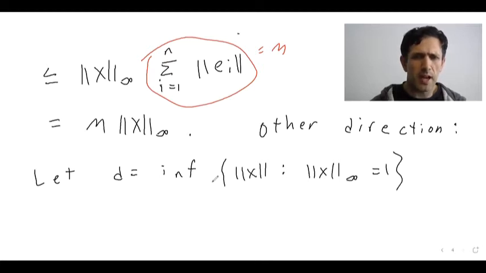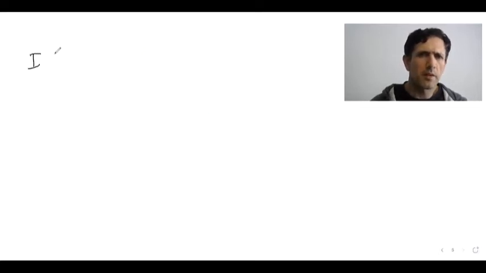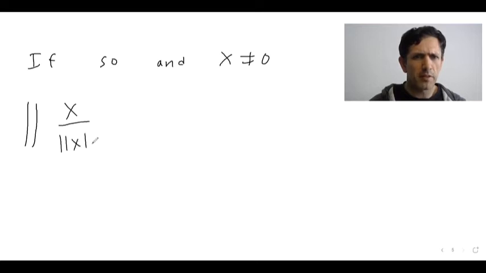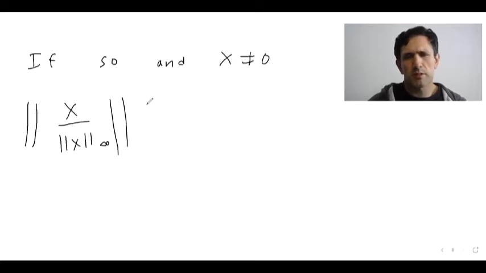We want to prove that it's not 0. So it's enough to show that D is positive. Why is that? Well, if x is not equal to 0, pick any x whatsoever and divide by the infinity norm. So certainly this here has infinity norm 1. What I'm circling here has infinity norm 1. So this is bigger or equal to the infimum. The infimum is a lower bound. So this is bigger or equal to D,